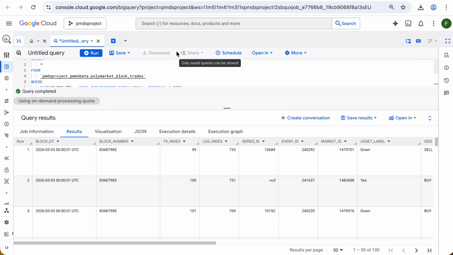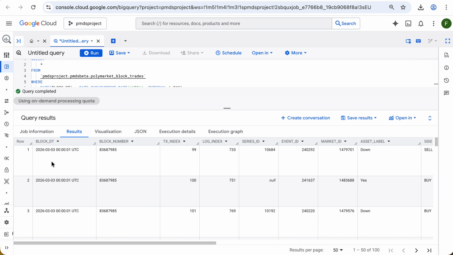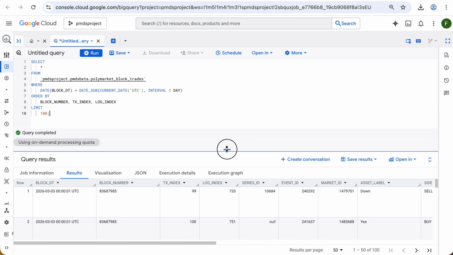The second caveat is, as I mentioned, because these trades come from the blockchain, you will see that, for example, the first few trades that happened yesterday seem to have exactly the same timestamp. The reason is that a single Polygon blockchain block includes multiple transactions. However, to infer a sequence, you can sort them by block number, transaction index, and log index, which we include here in this table.